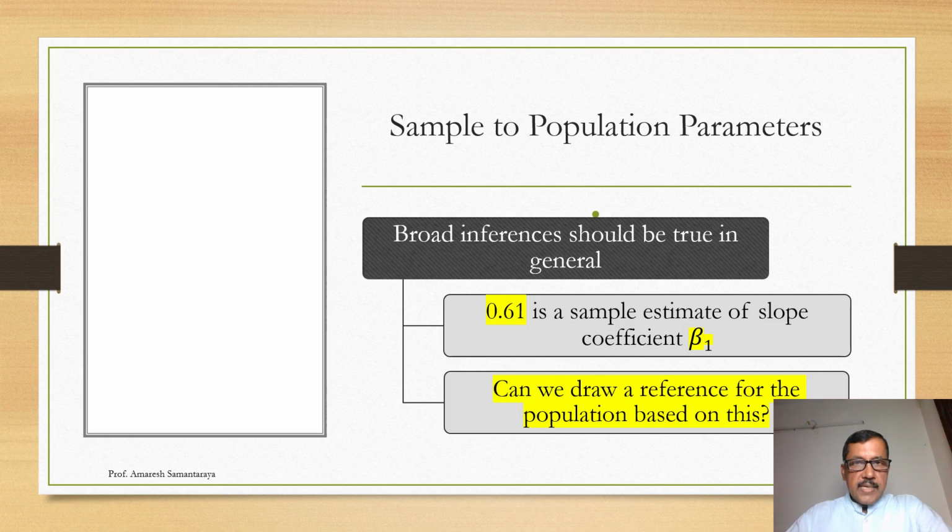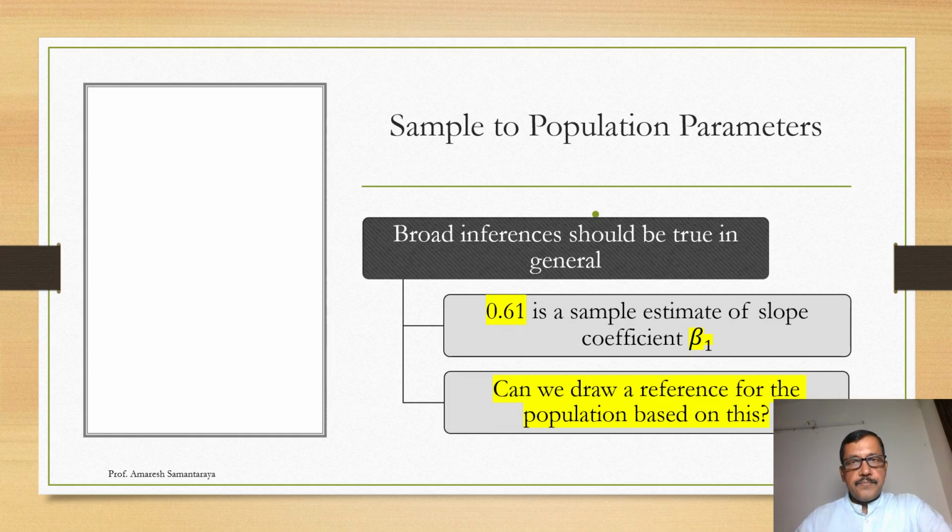Had I used say data from 1951-52 up to say 2024-25, I could have got another number, not necessarily 0.61. It could have been 0.52 or 0.73. So the important point to note is the econometric model which we estimate uses data from a specific sample. So the estimate for the slope coefficient which I got, which is 0.61 in this case, depends on which data